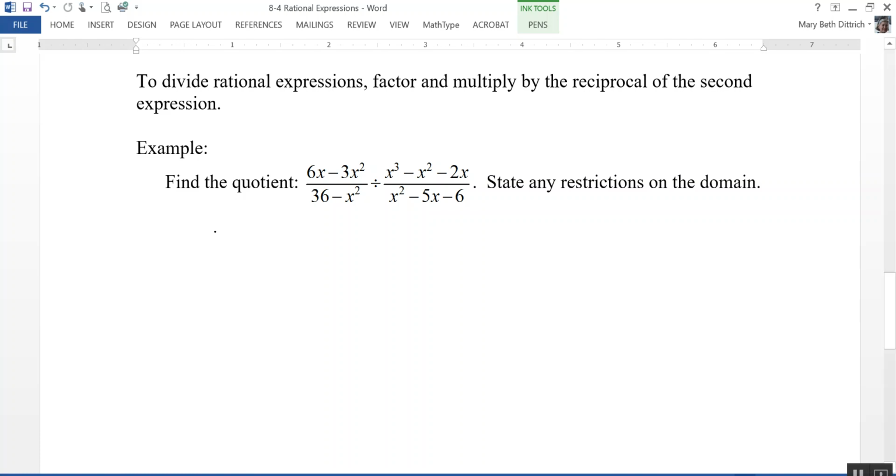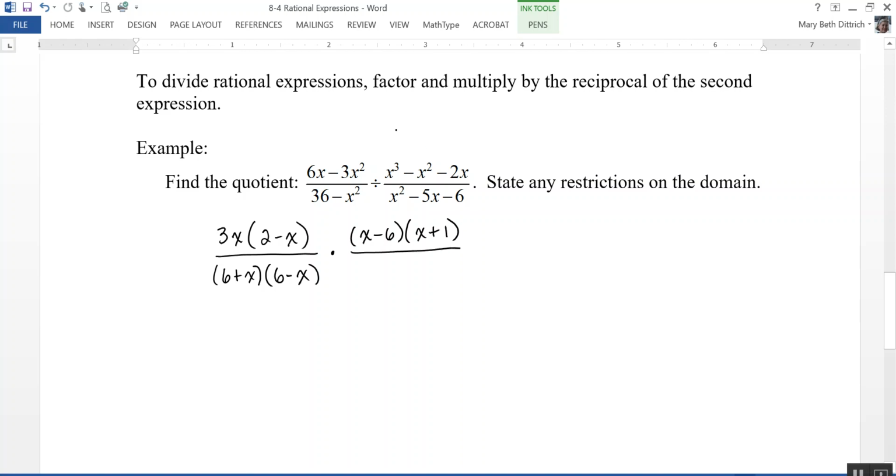On the top here, the first one, I could take out a 3x, and that's going to leave me with 2 minus x. On the bottom, I'm going to have 6 plus x and 6 minus x. And I'm going to go ahead and do a couple steps at once. I'm going to multiply by the reciprocal, so that means I'm going to factor my x squared minus 5x minus 6, and that factors into x minus 6, x plus 1,